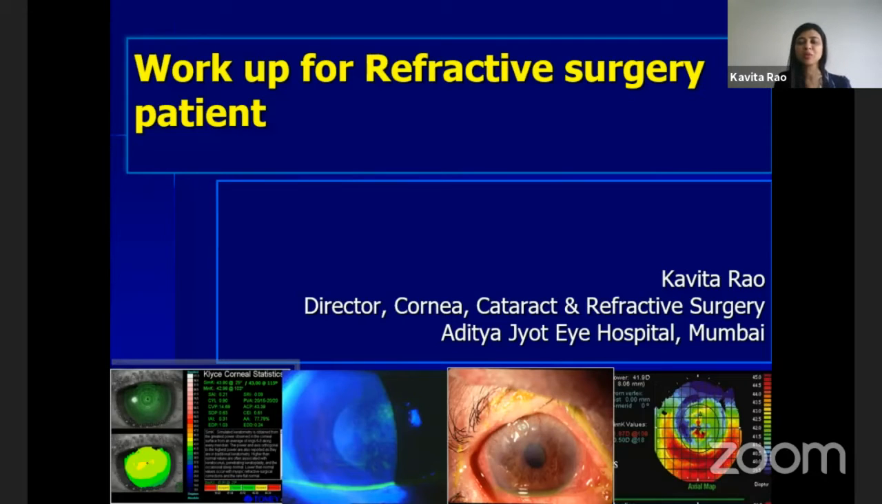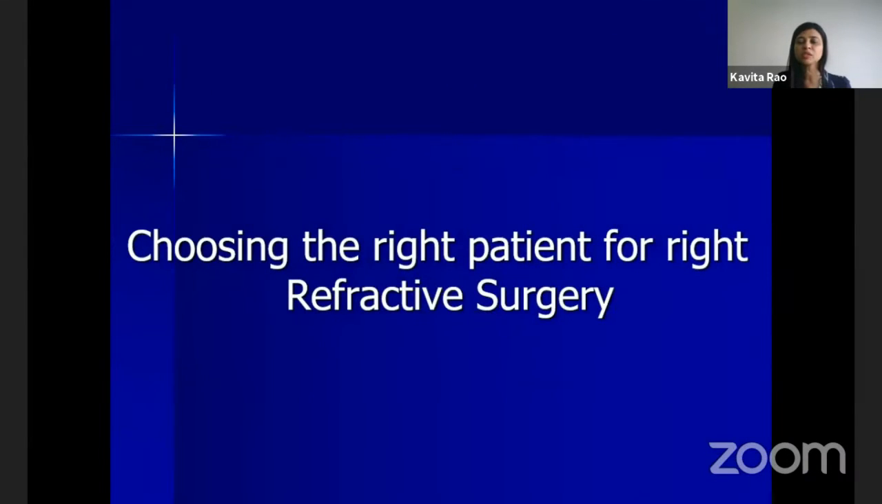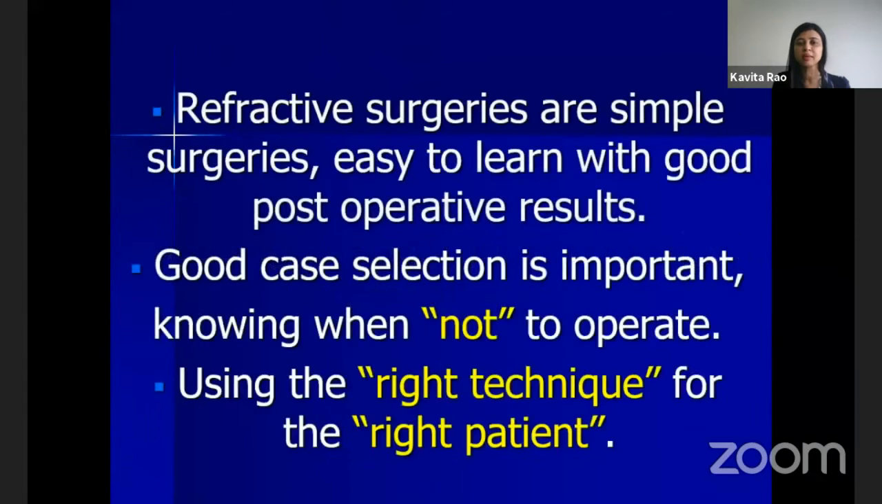Thank you so much. So I'll be talking on a very basic topic, which is workup for the refractive surgery patient. What is most important when you're working up the patient is that you choose the right patient for the right refractive surgery. Once you do that, half your job is done, because as we all know, refractive surgeries are really easy to do. So what is more important is to know when not to operate, and also using the right technique,